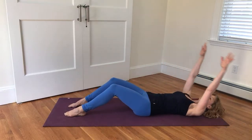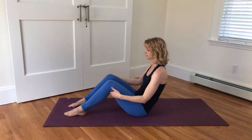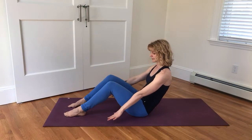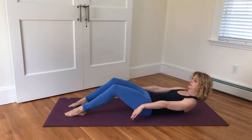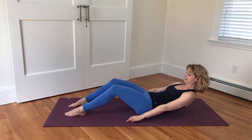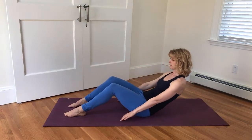The reason why I want you to use your arms for help to start is that you develop a good pattern. You're not going to use any compensations if you start a little easier than you maybe need to. Okay, so now we're going to take our hands, maybe if you can, to the ground and just slide them along the mat. Going down is going to work anyway, hopefully. And then on the way up, maybe keep your hands on the mat and just walk your fingertips forward. If that worked well, keep going like that. If you had trouble coming up,